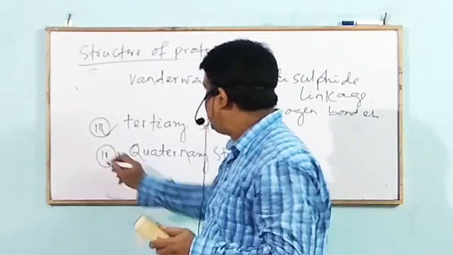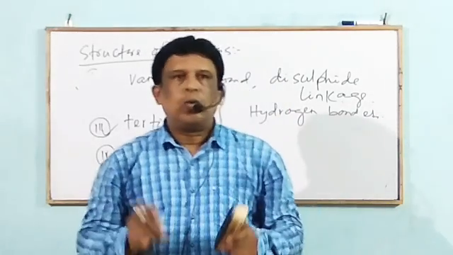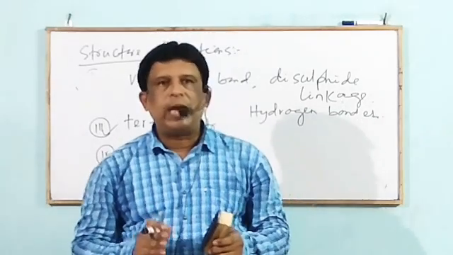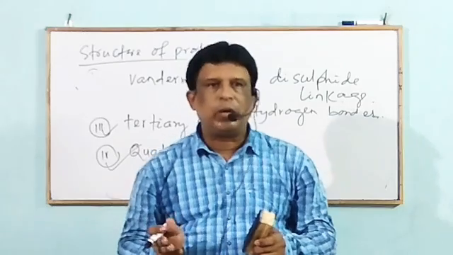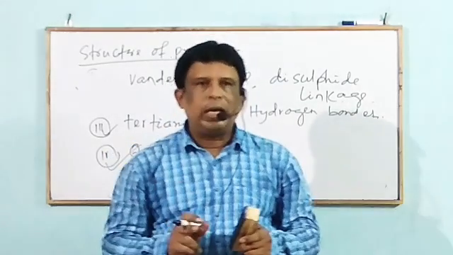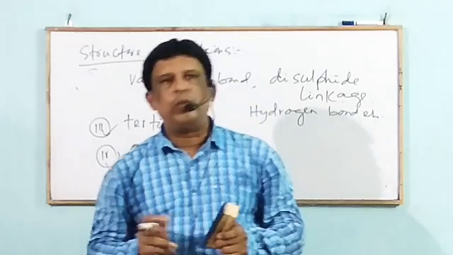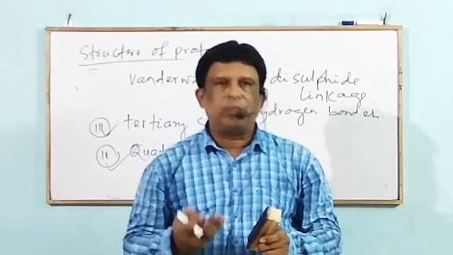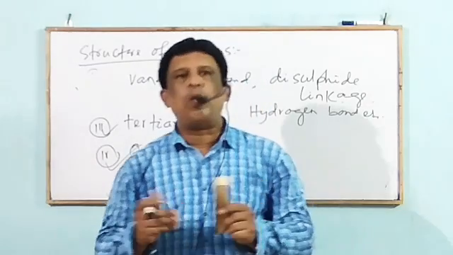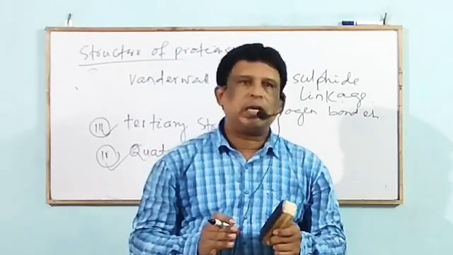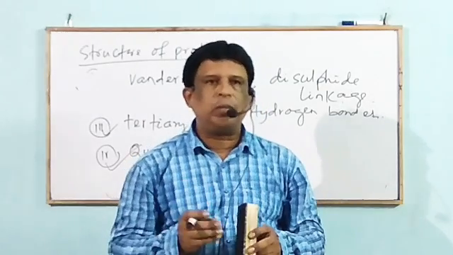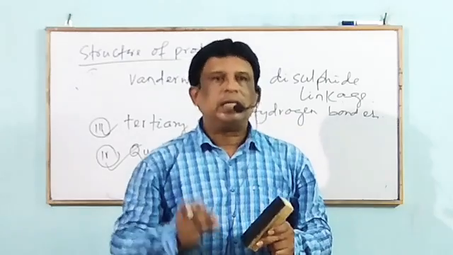Next we will go through the quaternary structure. Quaternary structure refers to the way in which the polypeptide chains of a complex protein are associated with each other. I repeat again. Quaternary structure refers to the way in which the polypeptide chains of a complex protein are associated with each other. Next we discuss an important term from the exam point of view, that is denaturation